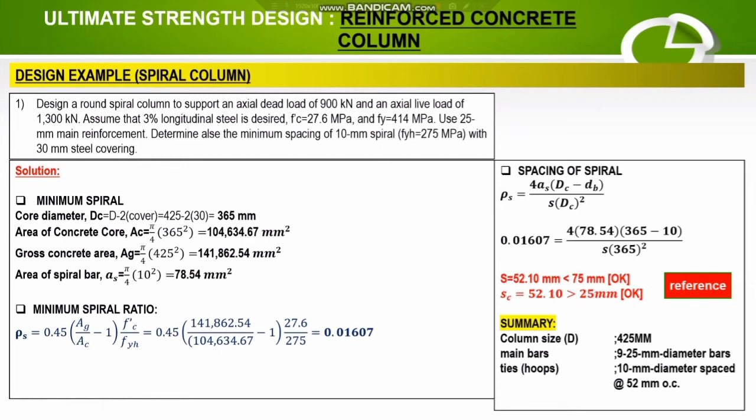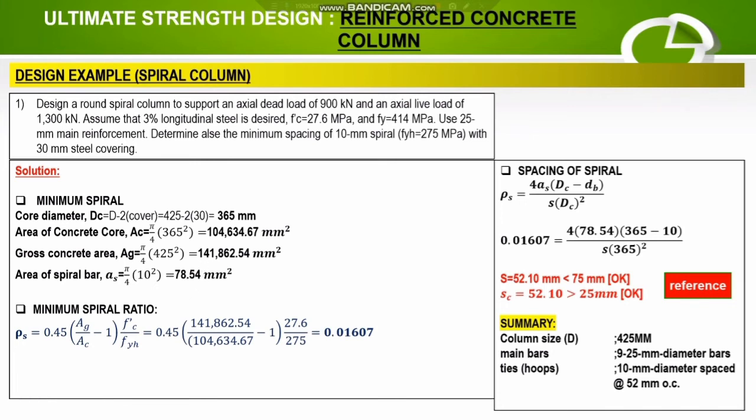104,634.67 mm squared. For our gross concrete area, A sub g, pi over 4 times 425 squared, so gross concrete area is 141,862.54 mm squared. Then the area of our spiral bar: since the longitudinal bar is less than 32 mm, the minimum reinforcement for the lateral reinforcement, or for the transverse or for the spiral, is 10 mm diameter based on code. So A sub S is equal to pi over 4 times 10 squared, so equals